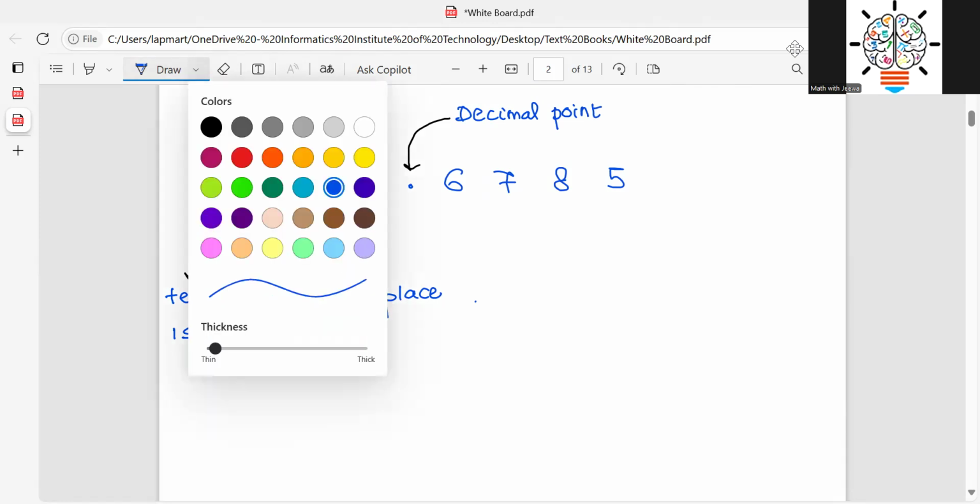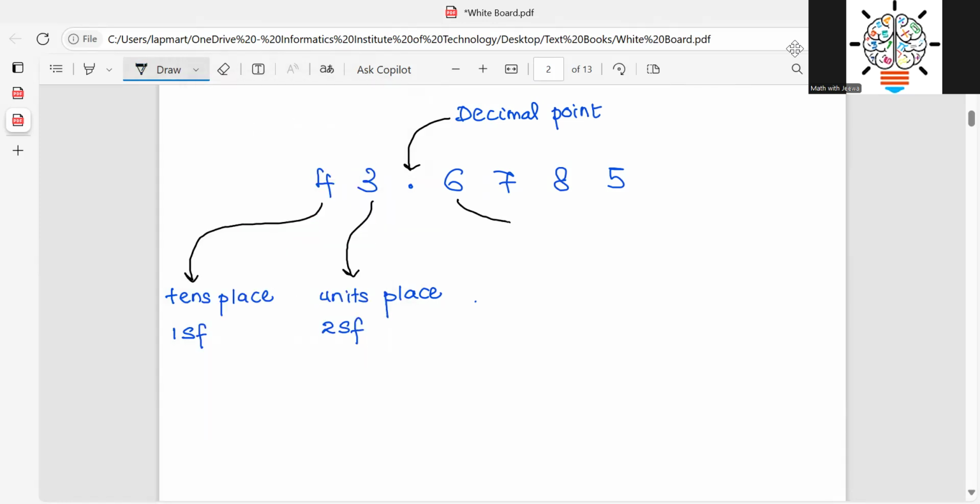Okay. And the next one, right? So this one we say tenths place, third significant figure and first decimal place,